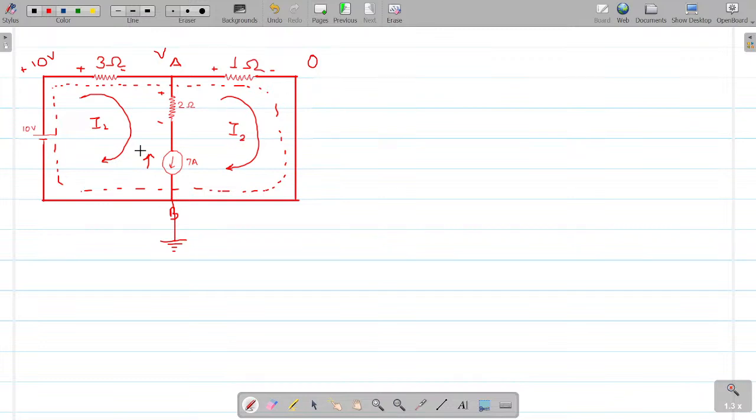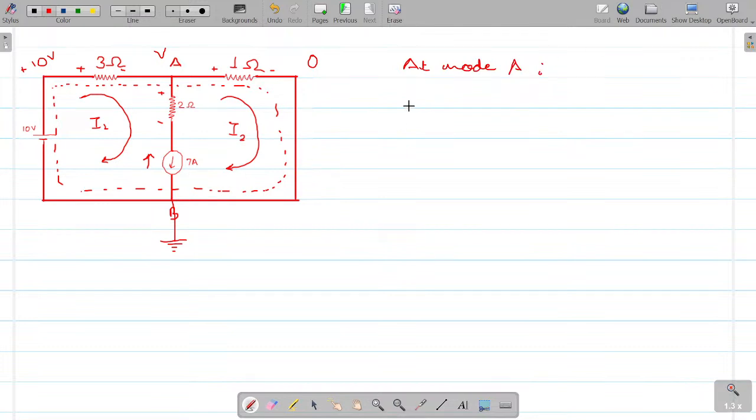Okay, so where were we? We were trying to solve the same question which we have done using mesh analysis, using nodal analysis. Now, we clearly see there are two nodes whose potentials we have already defined to be plus 10 volt and VA, right? So, applying KCL at node A,